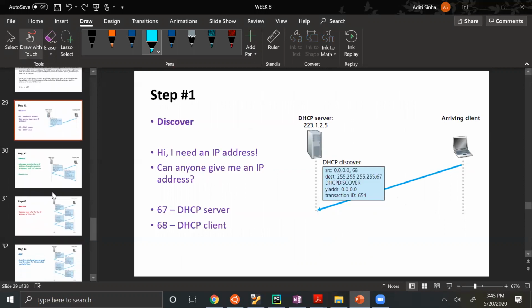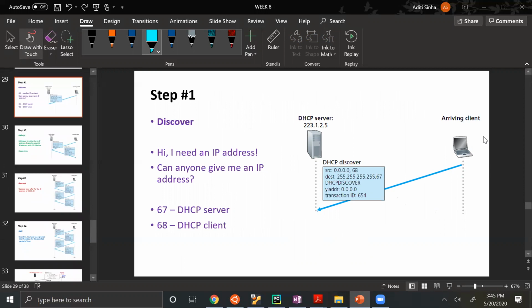Step 1 is called discover, where an arriving client or a new host discovers if there is a DHCP server in that network and whether an IP address is available or not.